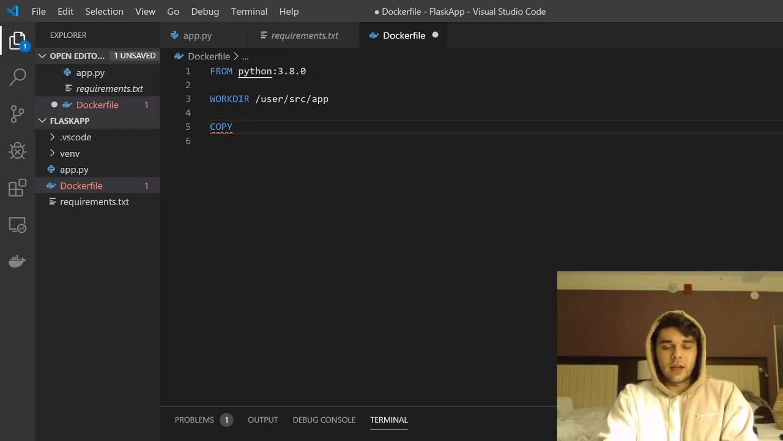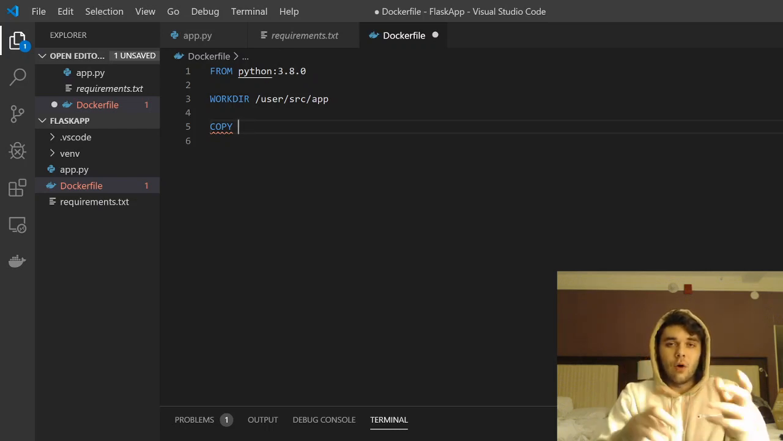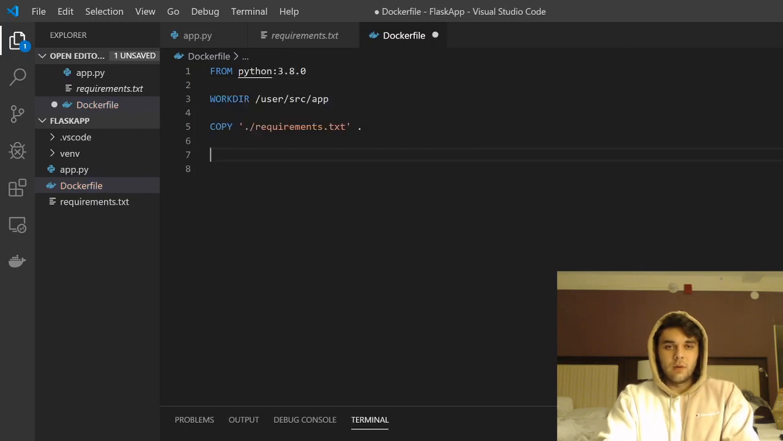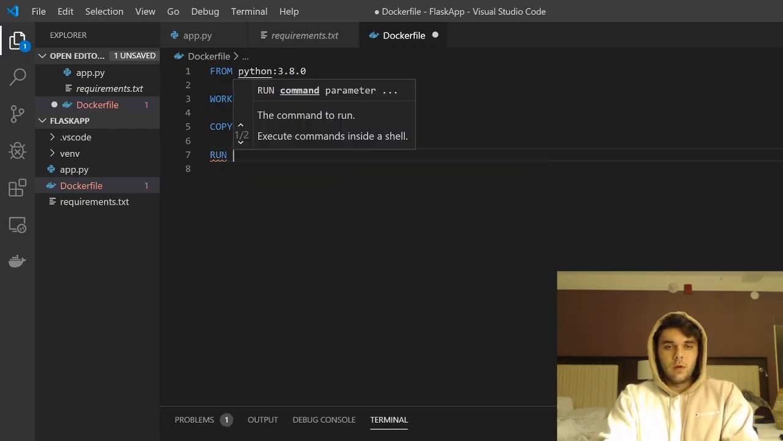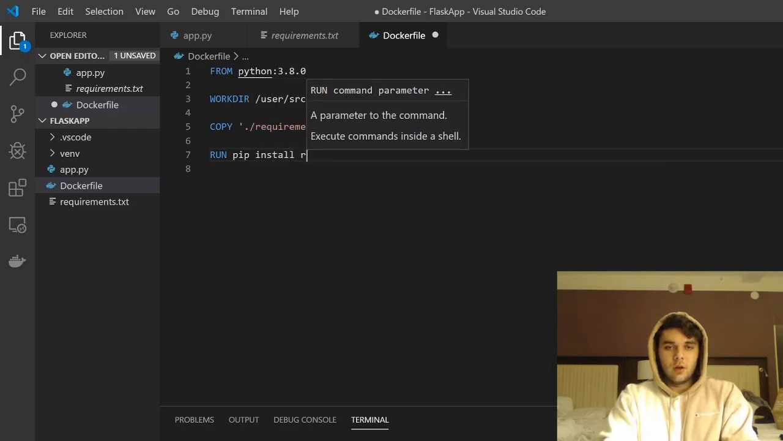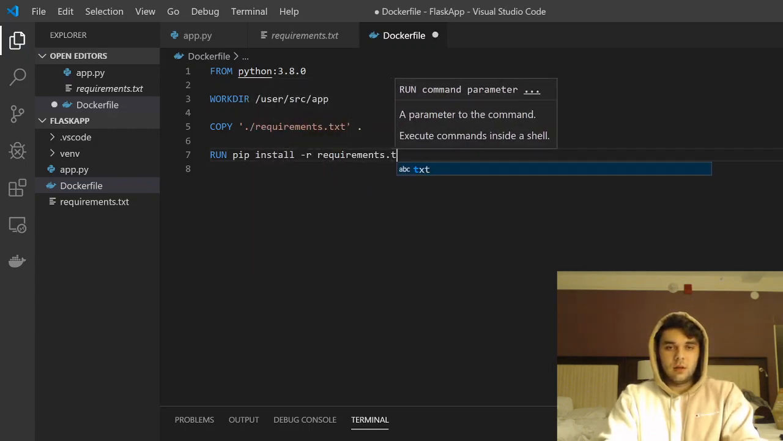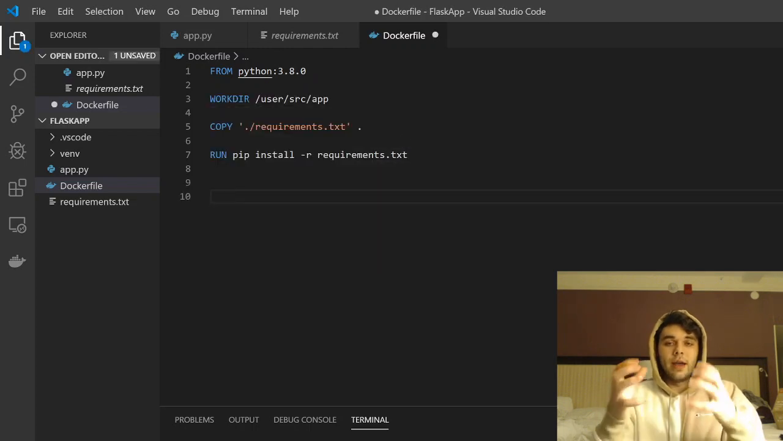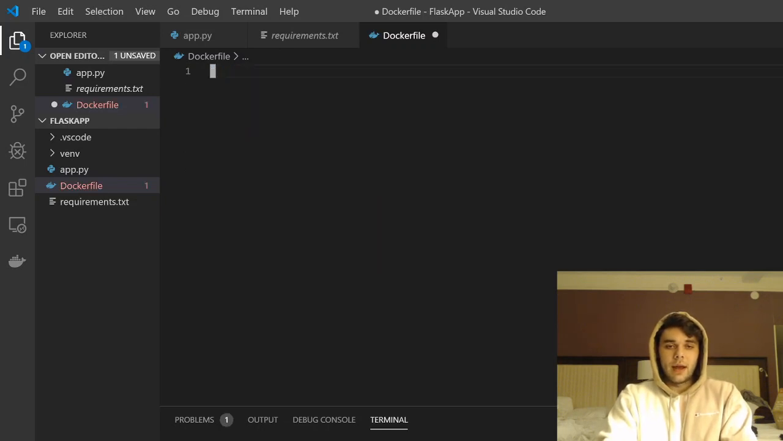Now what we want to do is actually copy that requirements file over into our Dockerfile. So we're going to say COPY requirements.txt into that working directory, and then we want to go ahead and run the command RUN pip install -r requirements.txt. So what that'll do is go ahead and actually install iteratively all of those requirements for us, and then we can go ahead and have a